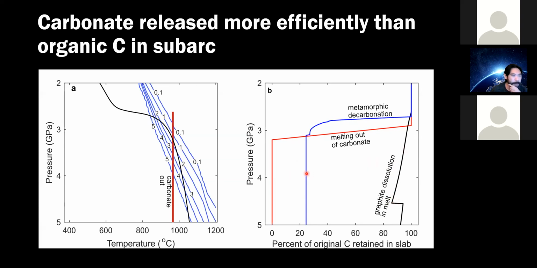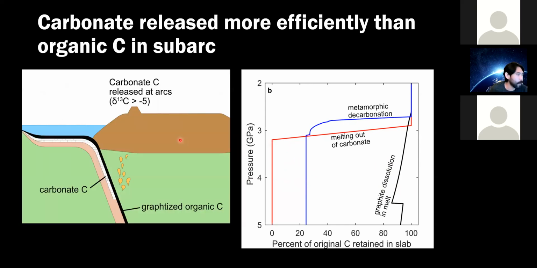And so we can see that in comparison to the carbonates, the graphites are much more refractory. They're going to stay in the slab much more efficiently at these sub-arc conditions. What this is suggesting is that as we're subducting one of these slabs containing both oxidized, inorganic carbonates, as well as this more reduced graphitized organic carbon, when it reaches these sub-arc depths where we're losing mass from the slab, producing melts or fluids, and contributing to arcs, most of that CO2 is likely to be derived from carbonates rather than